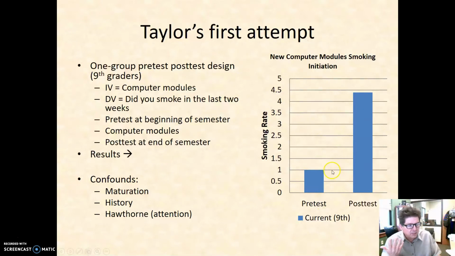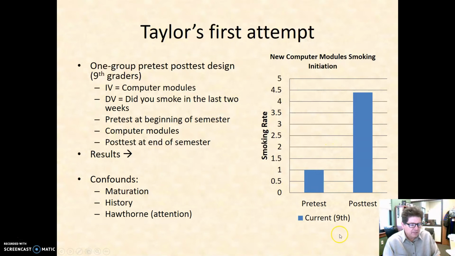Right? One explanation for this is it was due to the modules. They made people more curious. Another explanation is it's just the natural part of maturing. Similarly, history could be a problem in this situation. Maybe less likely than maturation, but history just simply means that sometime between this pre-test and the post-test,